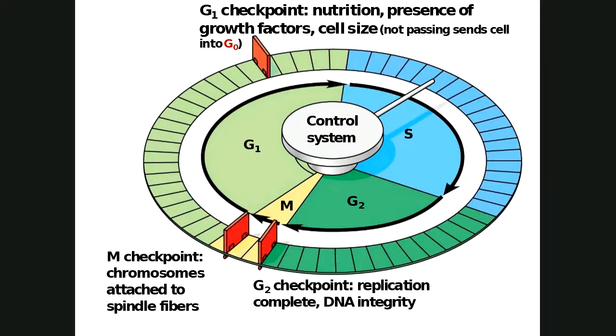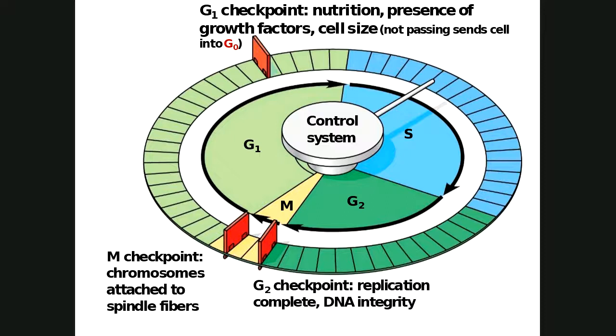Now, do mistakes occur? Do mistakes get through? Well, obviously they do. Do changes and mutations occur? Do they get through? Obviously they do, because we talked about that earlier. But for the most part, those things are going to be caught at the G2 checkpoint. And then there's one last one. It's called the M checkpoint. That's actually a very important one.